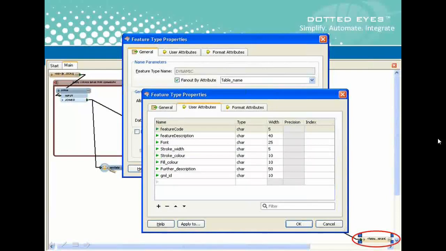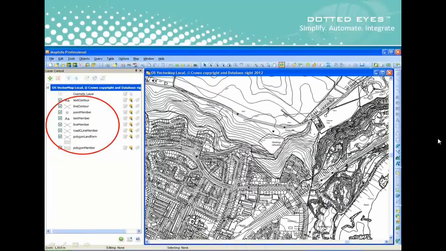I'll also specify the user attributes that I want to pick up, and the ones that start with a small letter, feature code, feature description, and at the bottom, GML ID, have all come from the GML data, but the ones that start with a capital letter are columns out of the Excel spreadsheet that are being joined to the features. So now if we click the Run button in the FME workbench, we'll get some output tables, and I'm